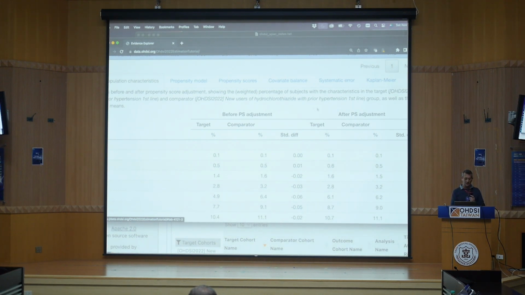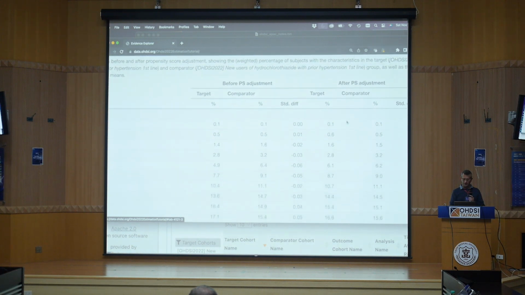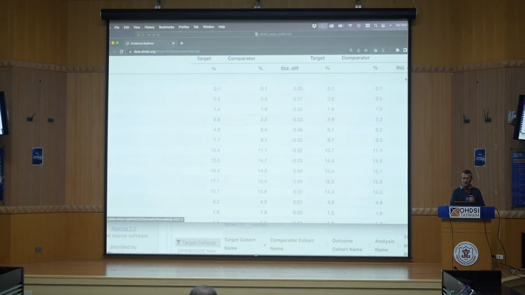So this allows you not only to look at what your initial cohorts were, but how well they are matched to each other after your propensity score matching criteria with a standardized difference of a mean statistic that we'll look at on several other